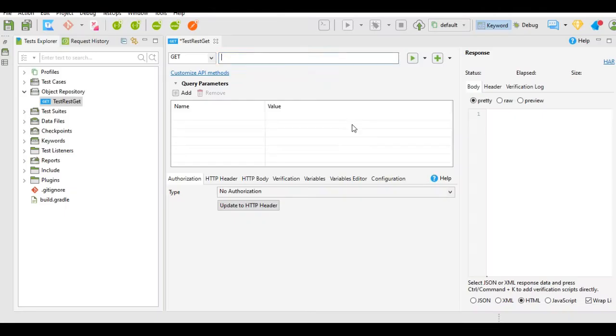I will go to Katalon Studio and I will paste this request URL. This URL contains question mark and page is equal to 2. This is the parameter which automatically shows over here once we give the URL. If we remove the page is equal to 2 and question mark, this goes away. It means it is showing the list of users from page 2. Now, to run this request, we will click on this test request button. So I will click run.